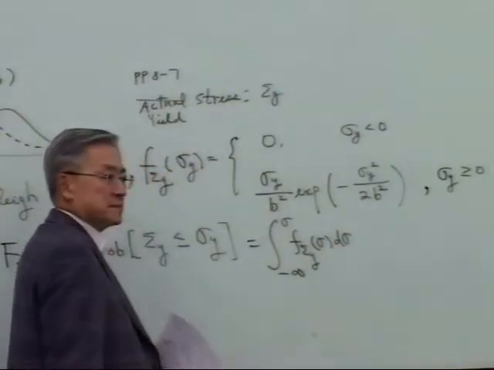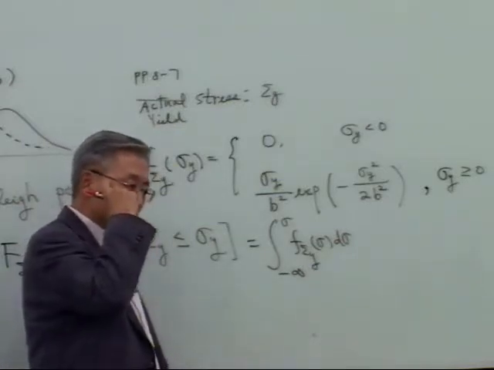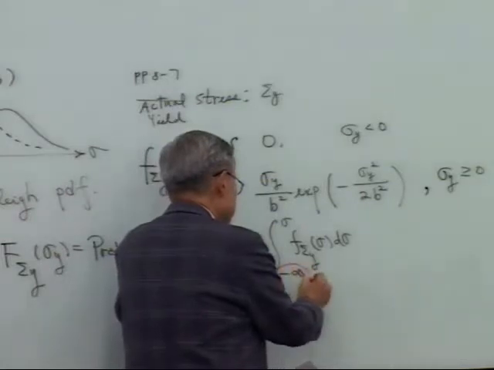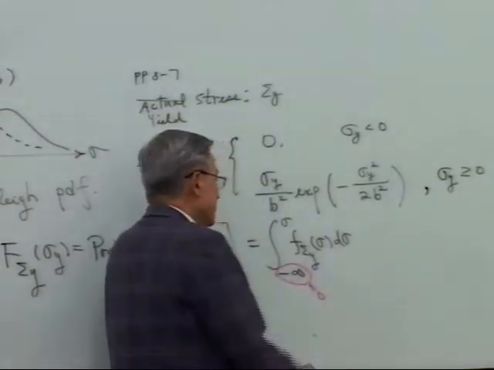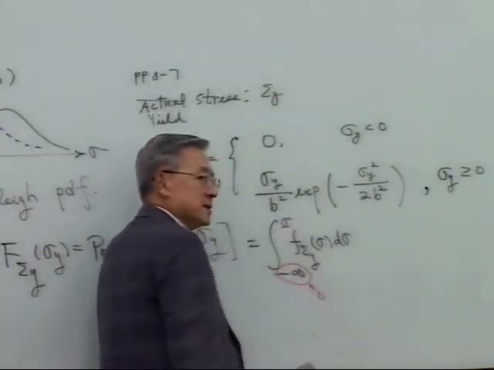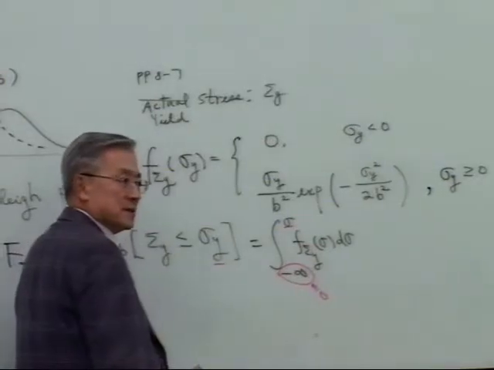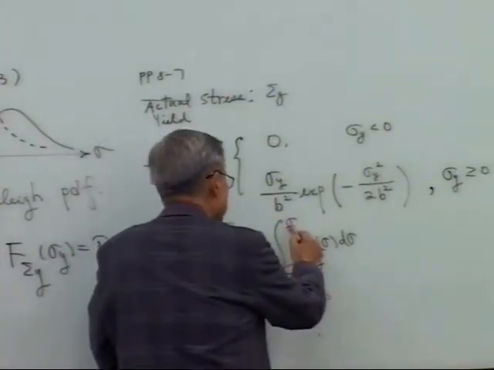What's wrong here? Chui, what's wrong? Minus infinity in this case should start from 0. And what about this guy? Yeah, we are dealing with this guy, right? So this guy should be